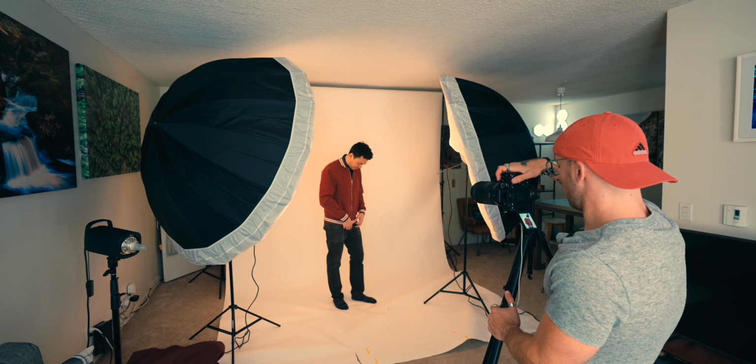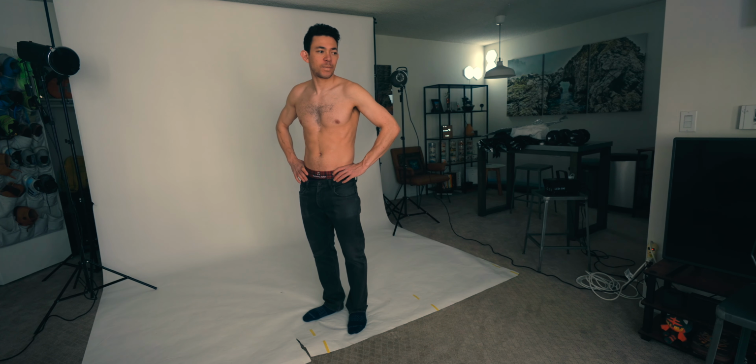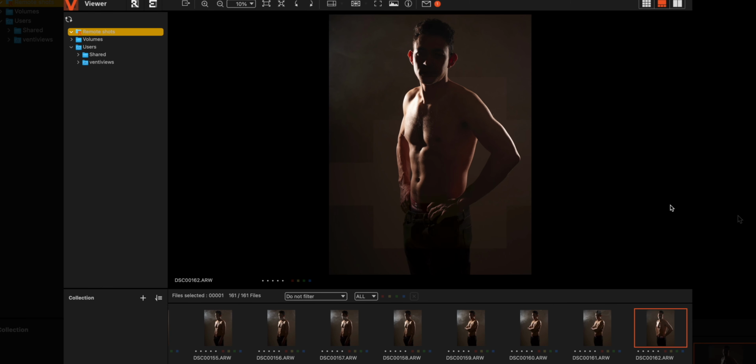All right, so I want to get the white backdrop almost completely dark, so I have a negative filler here with me that I'm going to try and use to bring out some of the black. Yeah, that's getting it a little bit darker. I can also edit it in post, but